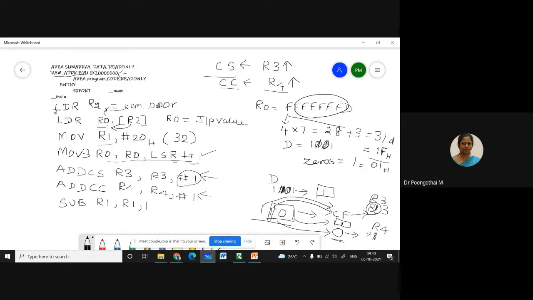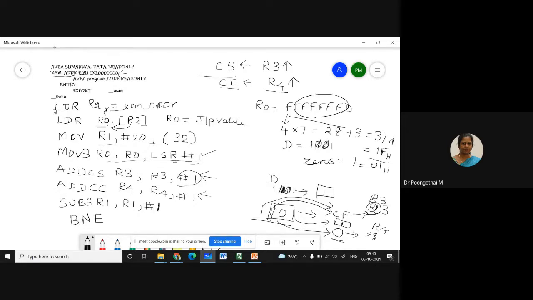So here the immediate value is 1. You have to decrement the count. One rotation has been completed, so you are supposed to decrement the count. SUBS. After that, you have to monitor the R1 register content, whether it is 0 or not equal